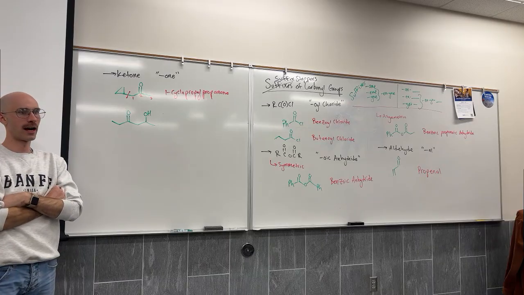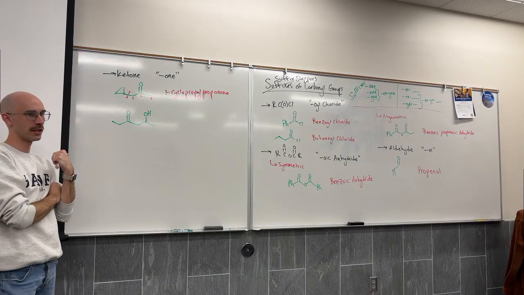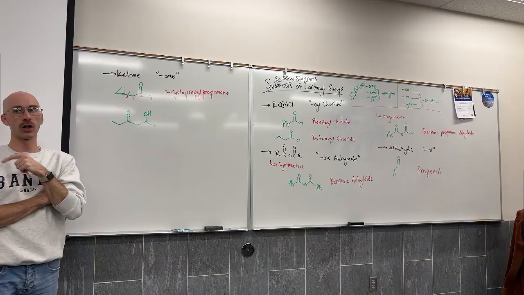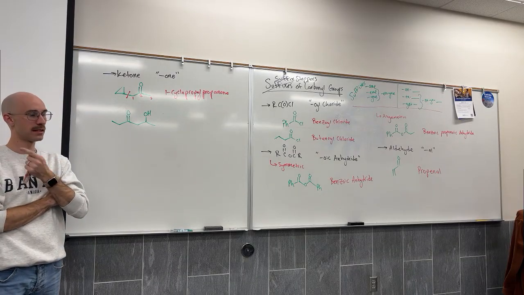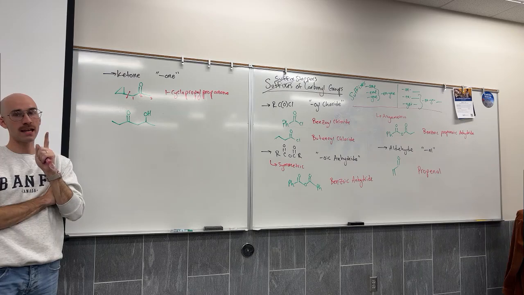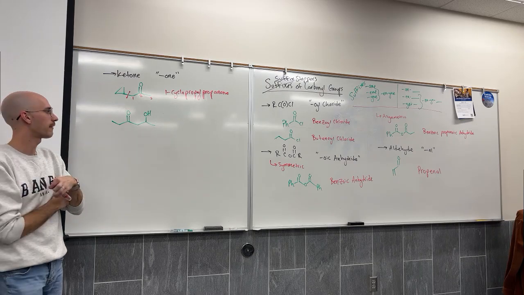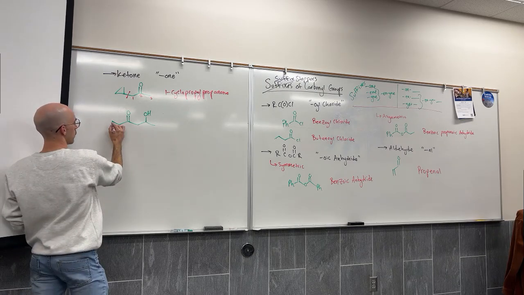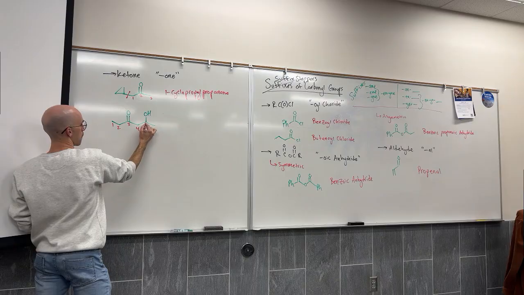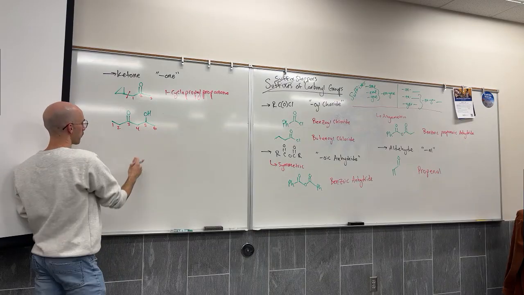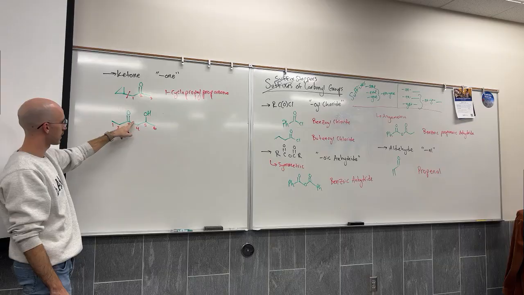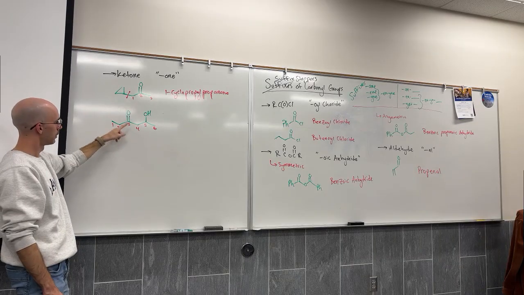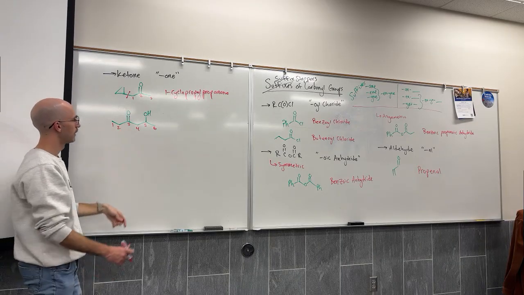Alcohols are no longer our highest priority functional group. Here, we actually will find that the alcohol will not be named in the suffix. It must be named in the prefix. And we're going to aim for the ketone having its lowest locant. If I number from the left, the ketone is at position 3. If I number from the right, the ketone is at position 4. So I'll number from the left, which gives me